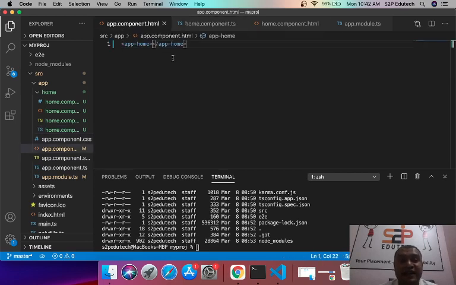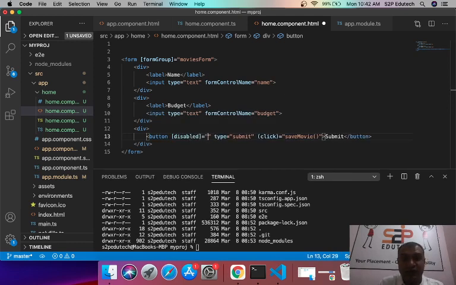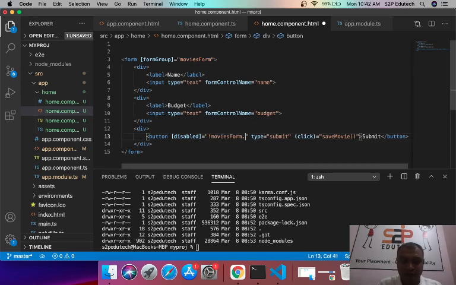And for this validation to work, I would use another attribute. I would say disabled equals to not of movies form dot valid. What it means is that if my movies form is not valid, this button would stay disabled. That is what it means.